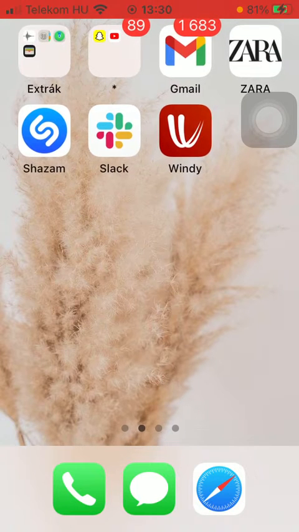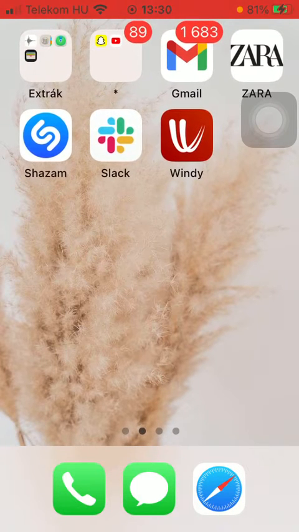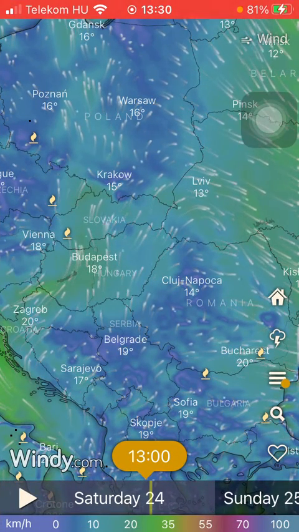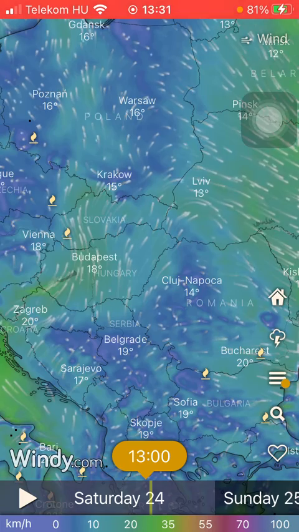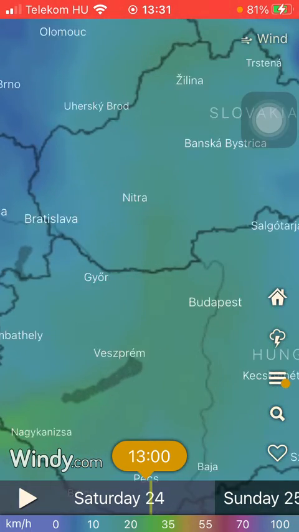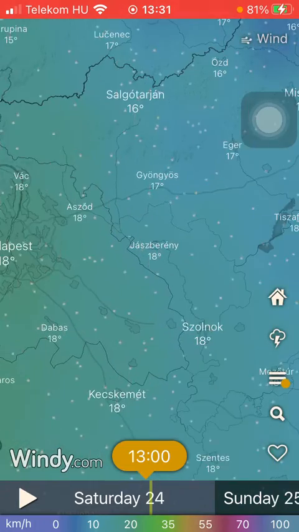So let's jump into it. First of all, open the application on your phone. Now tap on... so click anywhere on your map after selecting your country or any area that you are interested in,